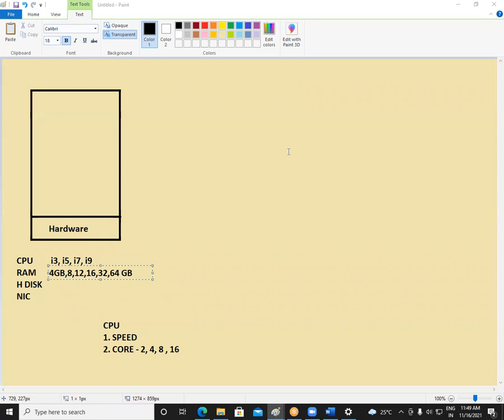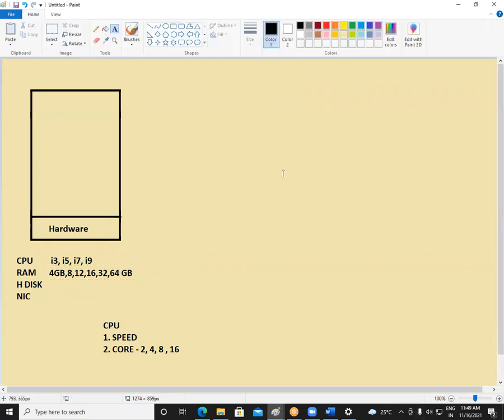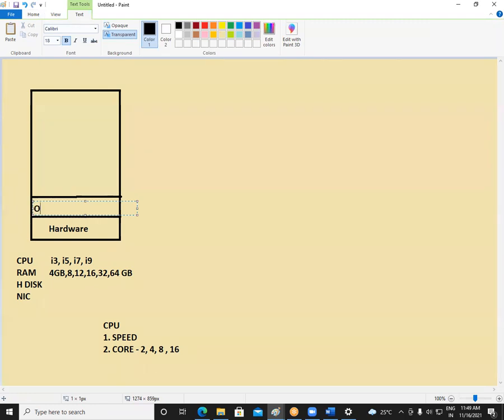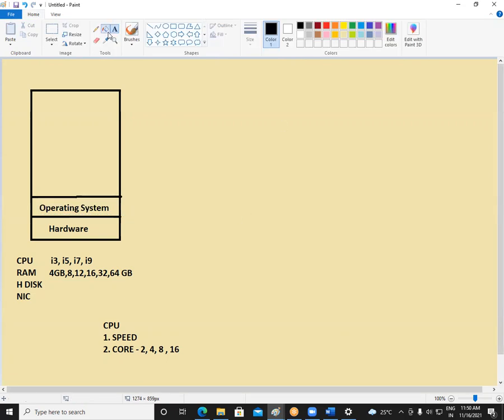So go with like 4 GB, 8 GB, 12 GB, 16 GB, whatever. So how can we decide? Let us see now. On top of this hardware, there is one more layer here. The second layer we have in a machine is your operating system. We know this very well. A computer will not work until and unless there is an operating system installed there.